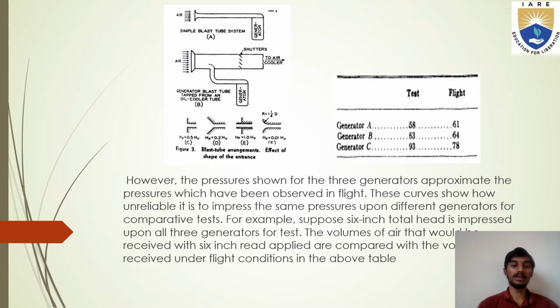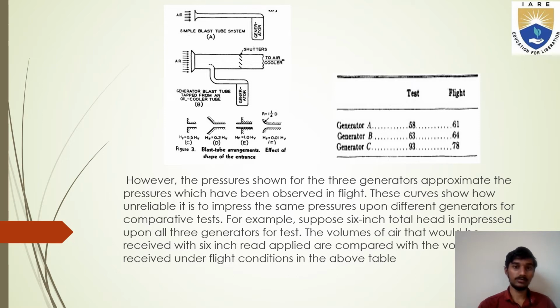These curves show how unreliable it is to impress the same pressure upon different generators for comparative tests. For example, suppose 6-inch total head is impressed upon all three generators for test. The volumes of air that would be received with 6-inch head applied are compared with the volumes received under flight conditions in the above table, which shows that the test of generator A is 58 but the flight is only 61, and generator B test is 63, flight is 64, whereas generator C is 93 on test but only 78